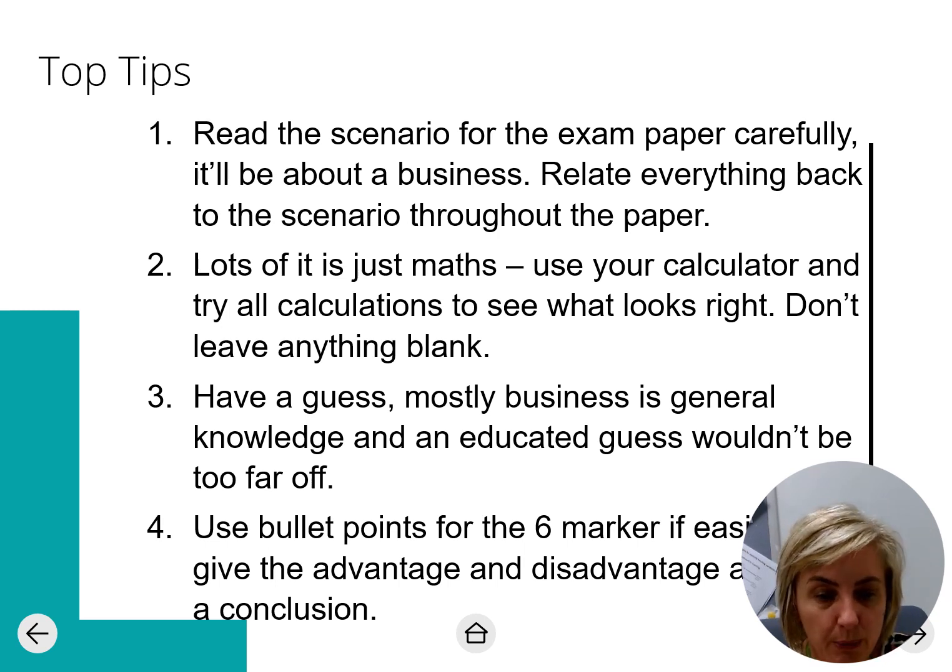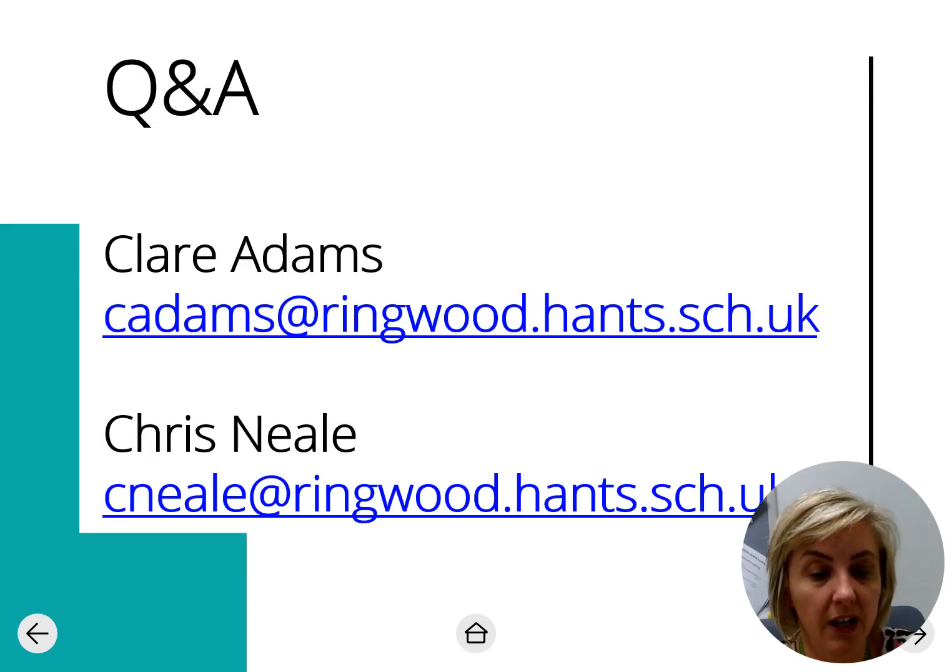And if you need to use the bullet points for your 6 markers to get the advantages and disadvantages down before the conclusion, then do that. Don't be put off by the fact that you've got to write a lot of writing, because you don't. You can just cover off the necessary points that you have considered, and that will at least get you, I'm sure, half of the marks, if not a little bit more. So that is the content really of the Component 3 examination that will happen in the main June series, and the questions that will be part of it.